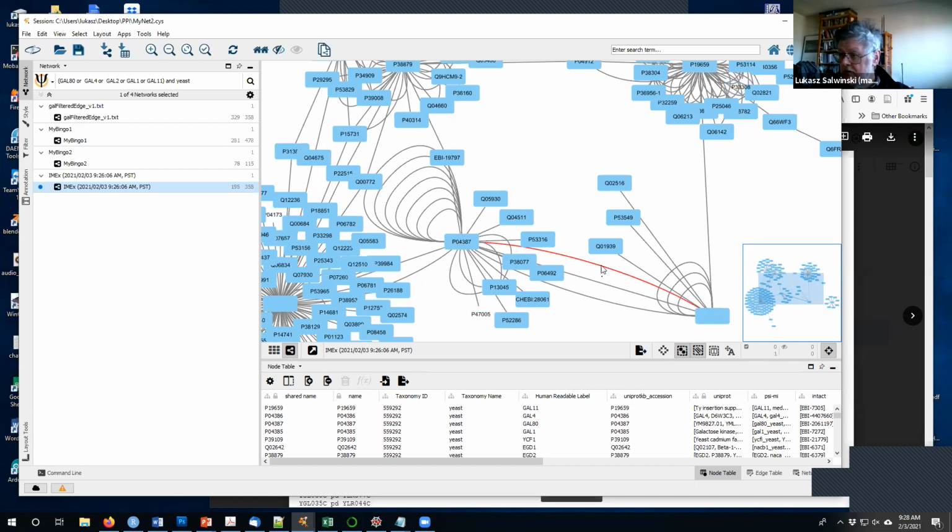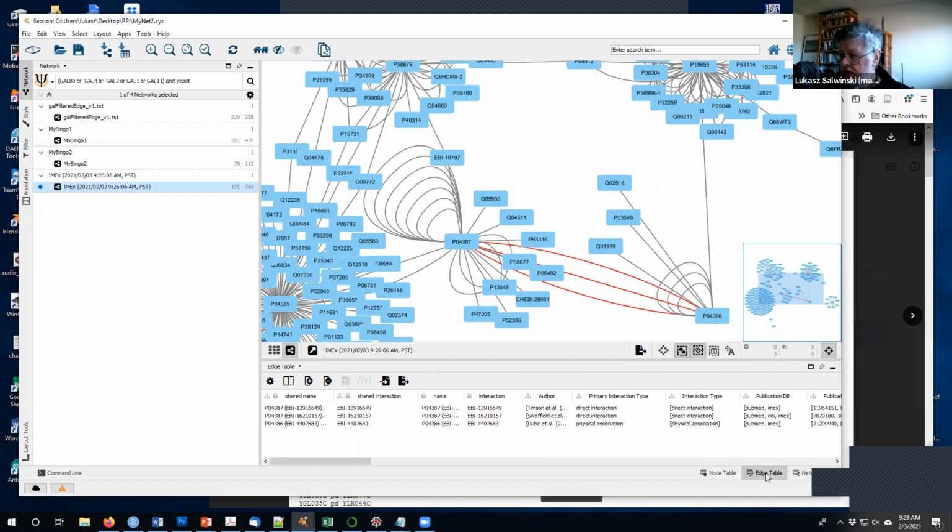If you click on a line, then you can highlight it. If you want to select more than one, you click with the shift pressed, and then we should be able to get two, and then three of those things selected. If we now look at the edge table, we do have three entries in the table. Each of those is corresponding to one of those three lines here,